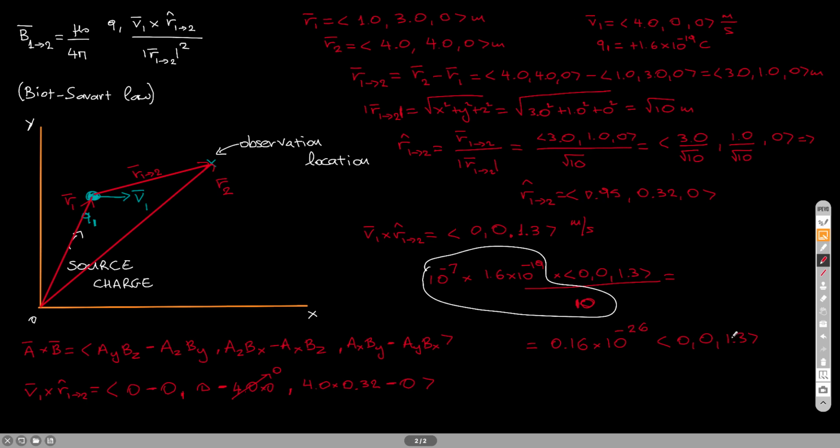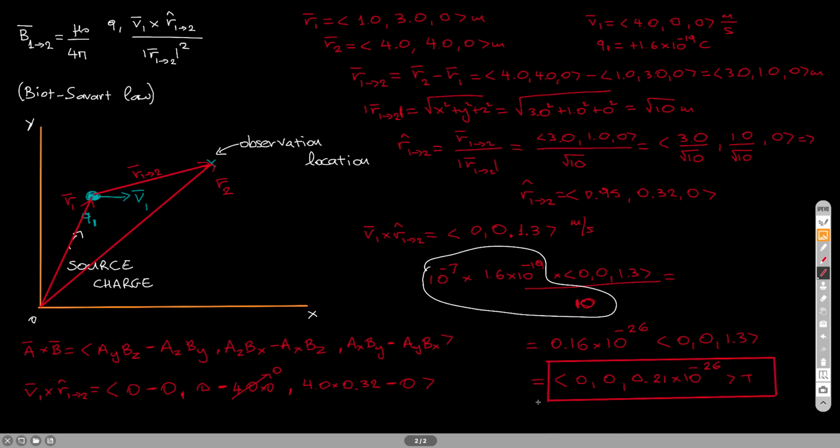Now, fortunately, only one of the three components is not 0, so that does make my life significantly easier. The only number that I need to calculate is 0.16 times 1.3. Tesla. And this is the magnetic field